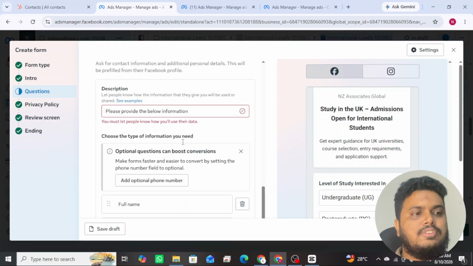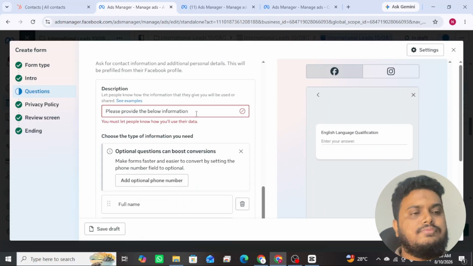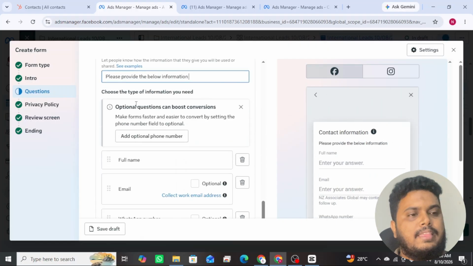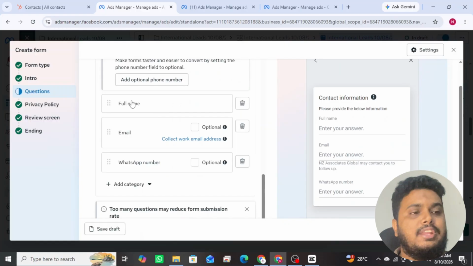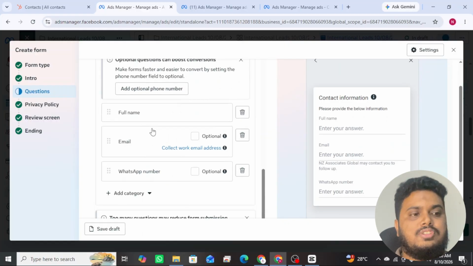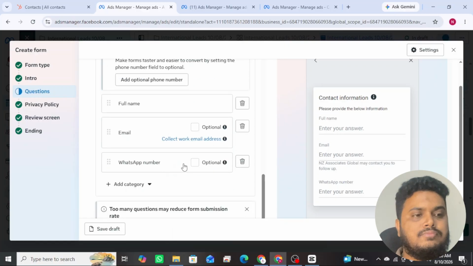And also you can add some information here, and your main goal is to collect your student's name, email, WhatsApp. I just select WhatsApp,